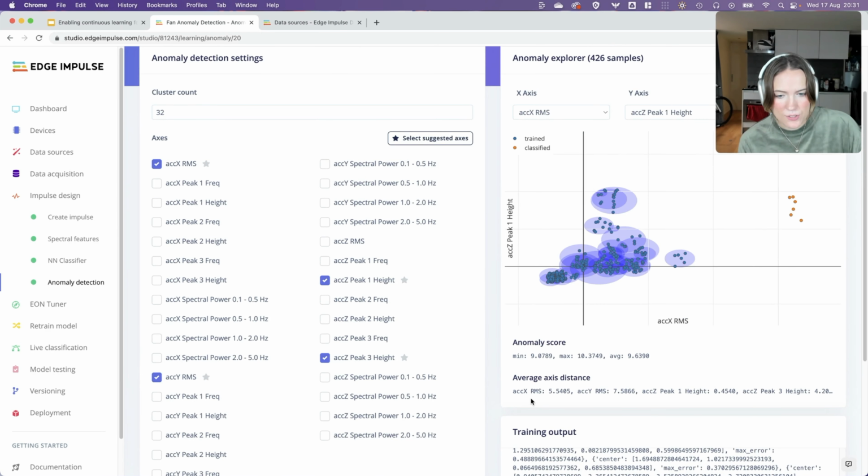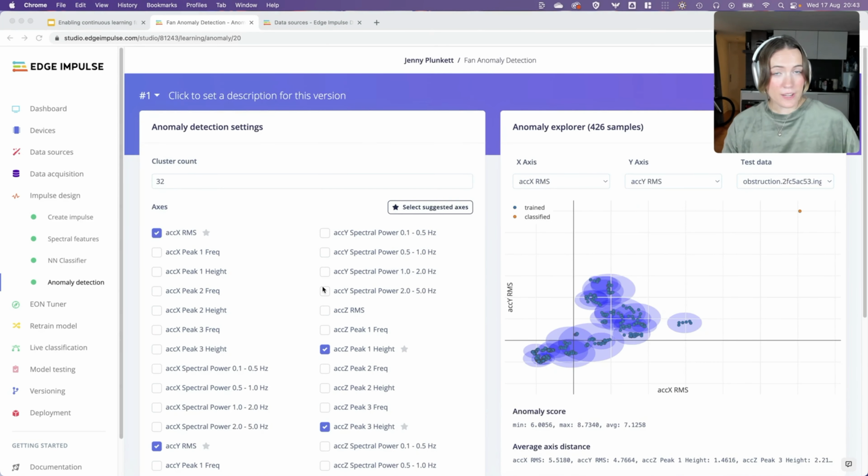And this anomaly score in the average axis distance, this is what is going to be used to calculate when you get the output in the Edge Impulse SDK when you integrate it into your embedded firmware application. So great, we have successfully trained our neural network classifier and anomaly detection model for our fan vibration anomaly detection